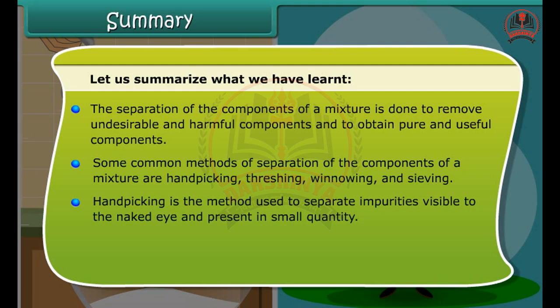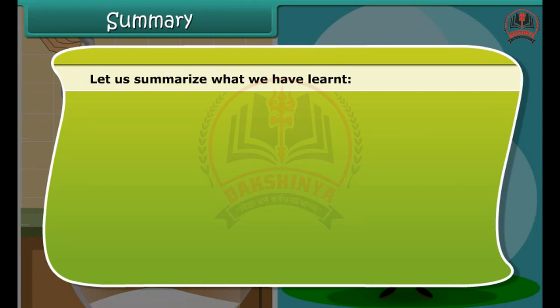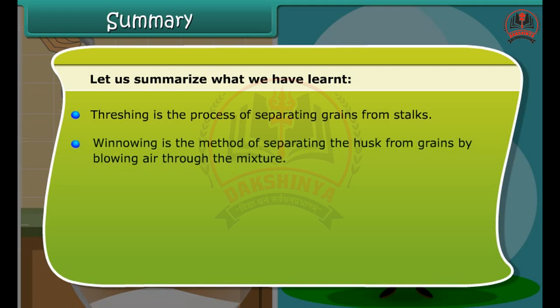Handpicking is the method used to separate impurities visible to the naked eye and present in small quantity. Churning refers to the process of agitating or stirring milk or curd to make butter. Threshing is the process of separating grains from stalks. Winnowing is the method of separating the husk from grains by allowing air through the mixture. Sieving is